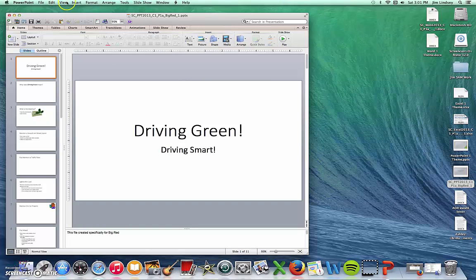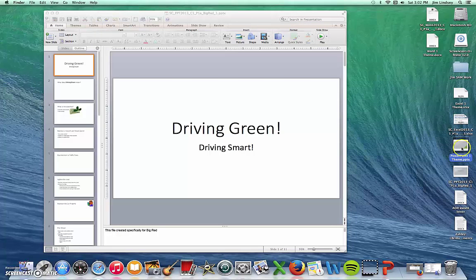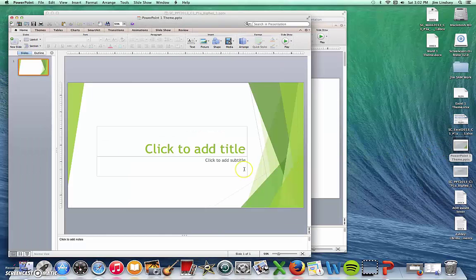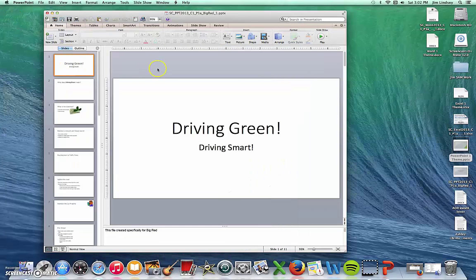My menu up here now is for PowerPoint, and there's not a whole lot of flair or good-looking stuff in here. Well, that's going to come from this theme, and this is the PowerPoint 1 theme that you see. I'll just highlight it right there, and I'll go ahead and actually open it up. It's a single slide, but in this slide are all the decorations and color effects and fonts and all sorts of stuff that are needed for this project. And so I'm going to go ahead and close out of this because I don't need it to be open.